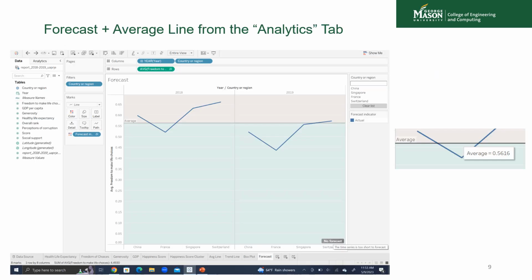Next, I have a forecast and average line. The reason why is because since there's only years 2018 2019, it didn't get to measure a forecast since there wasn't enough years. So I also just made an average line which shows the freedom to make life choices. As you can see, the average, I did only certain countries, which were China, France, Singapore, Switzerland, and the average between those 4 countries is